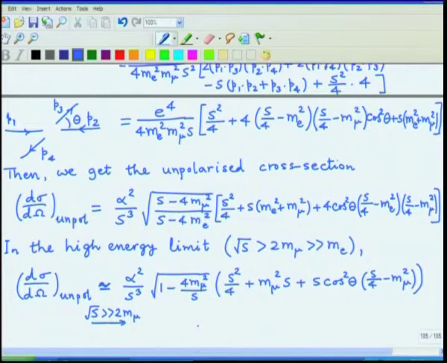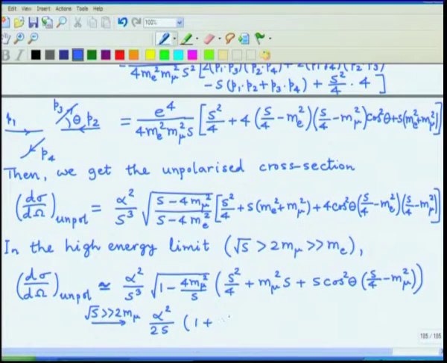Then it just becomes a simple number, and essentially the cosine squared theta factors are the only thing which comes out. So, it will become alpha squared divided by 2s, and then there is s squared by 2 which came out and cancelled this overall factor, and the answer is just 1